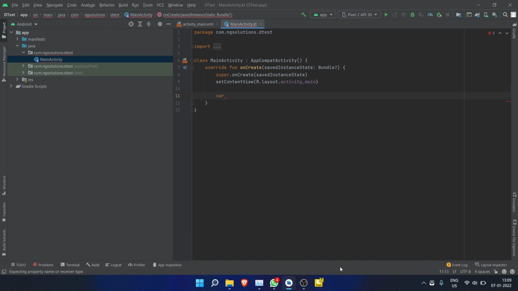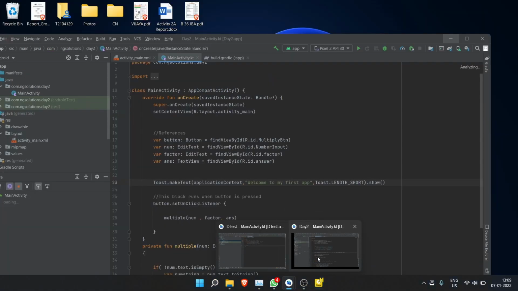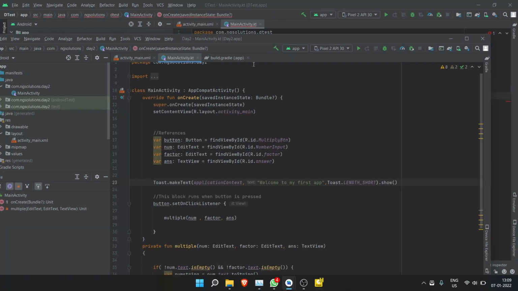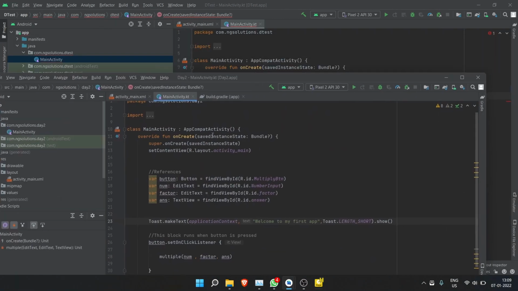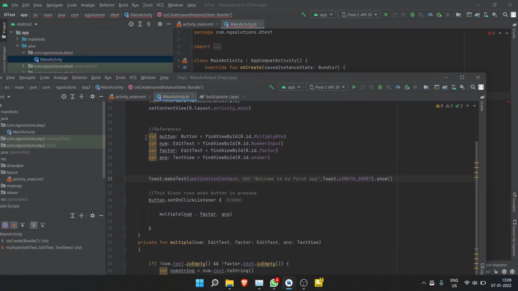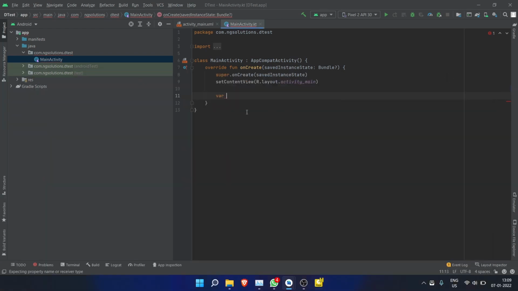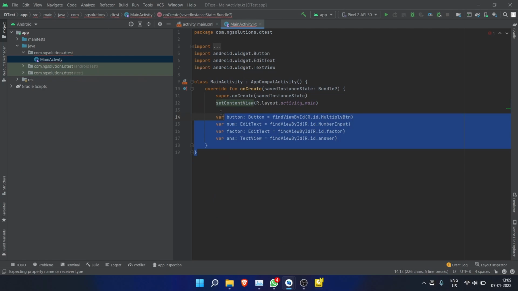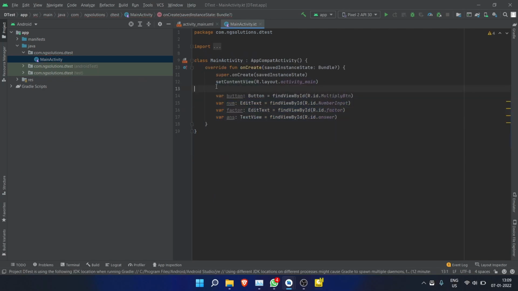Again we need to refer to the previous, the live version, because we don't want to confuse you guys. There are these four things. I will just copy and paste these, and I will explain what these are.